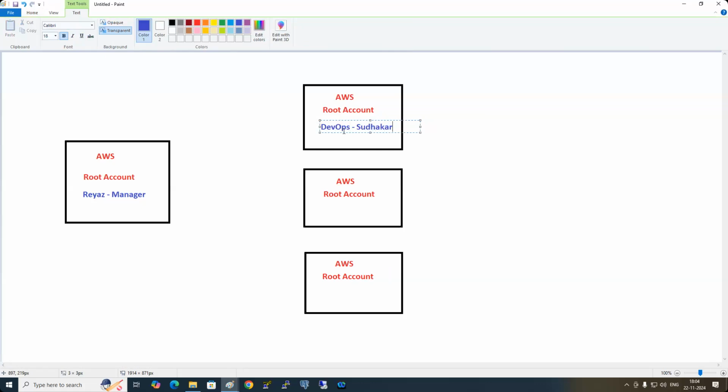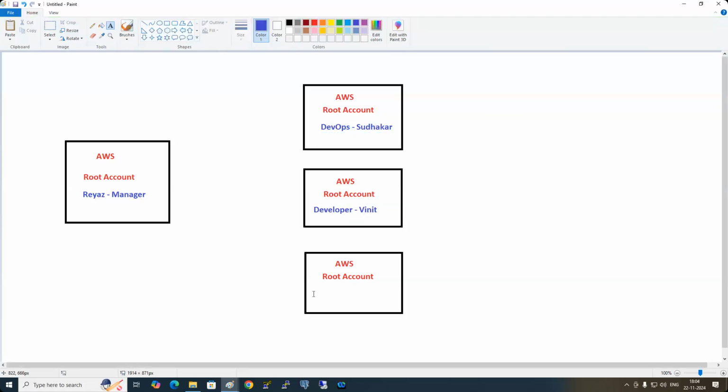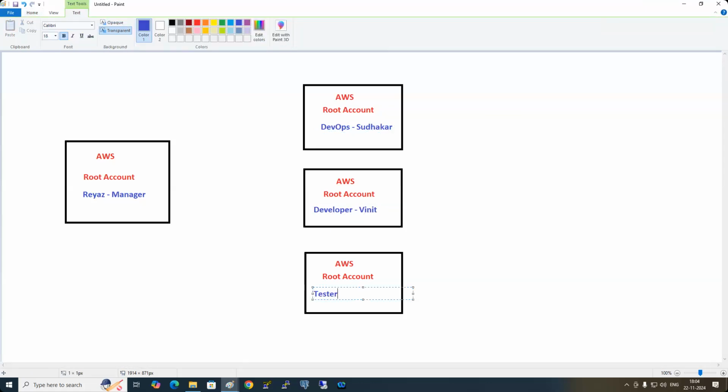So DevOps Sudhakar, and this is, let's say, developer. Who is the developer manager here? Vinith, and the last one, tester, Binith. Nice name, huh? Okay. So assume,